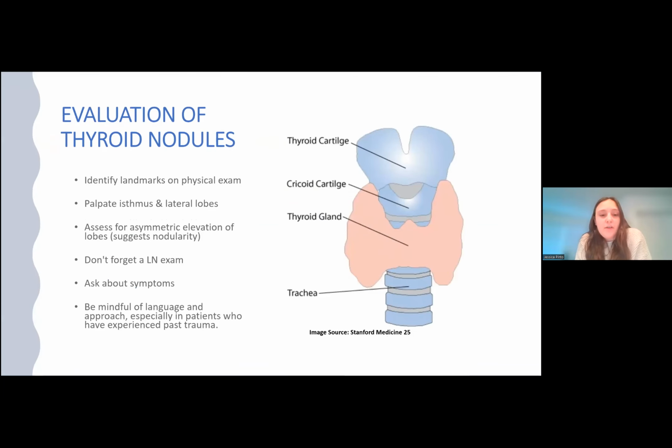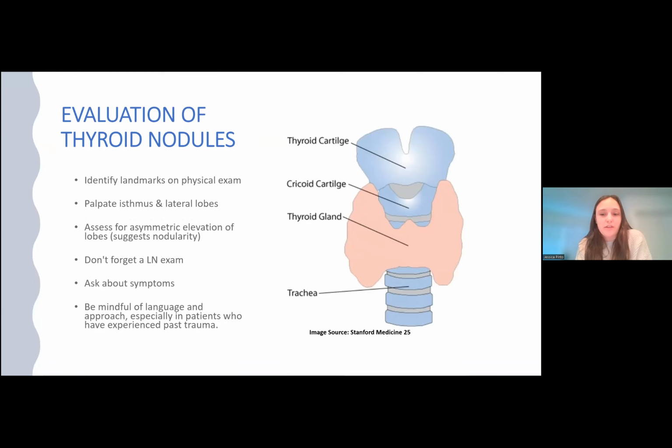So starting off with the evaluation of thyroid nodules, I wanted to use this as an opportunity to just review a little bit of the anatomy and the important landmarks to identify. So starting at someone's chin and working your way down, the first thing that you'll feel is the thyroid cartilage. You'll feel then a soft little divot, that's your cricothyroid membrane, and just below that is another rigid structure,